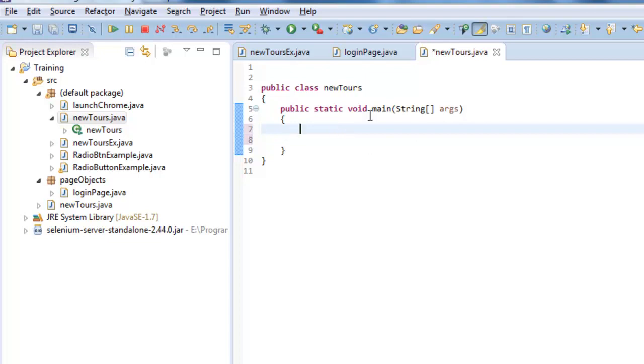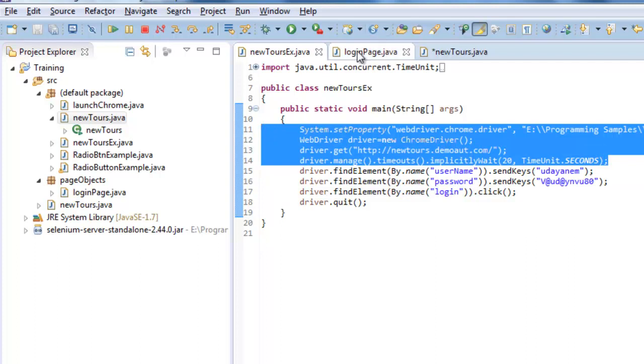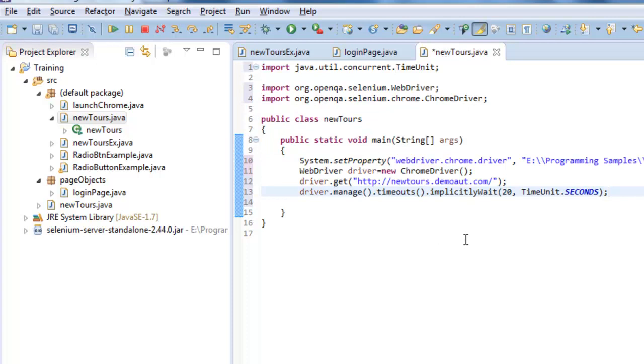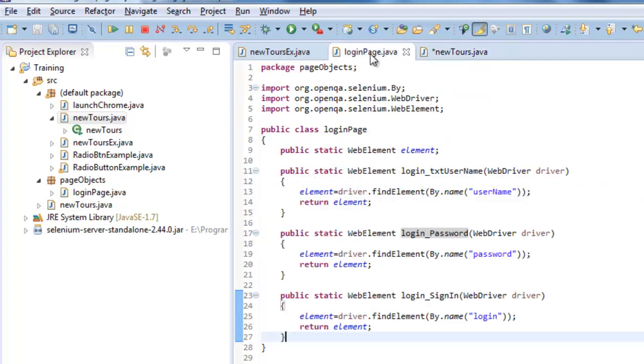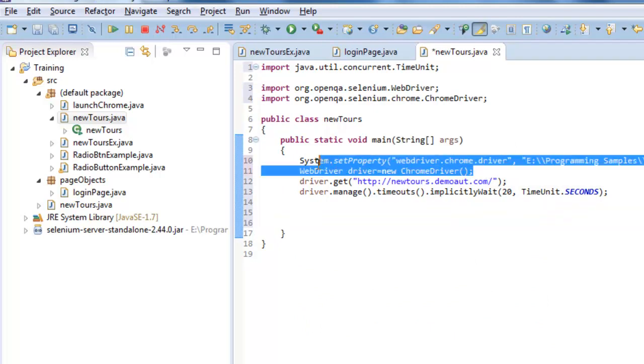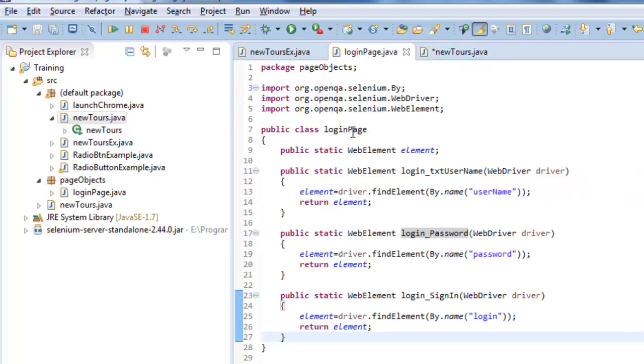objects here. All right, so these three statements are the same. This is our actual test script. Here you can observe that I am not using any object identification properties in my test script. Rather, I am just referring to the objects, the object descriptions which I have written here. Once my Chrome instance is started, I am navigating to this URL, and after that I need to enter the username. For that, we need to just